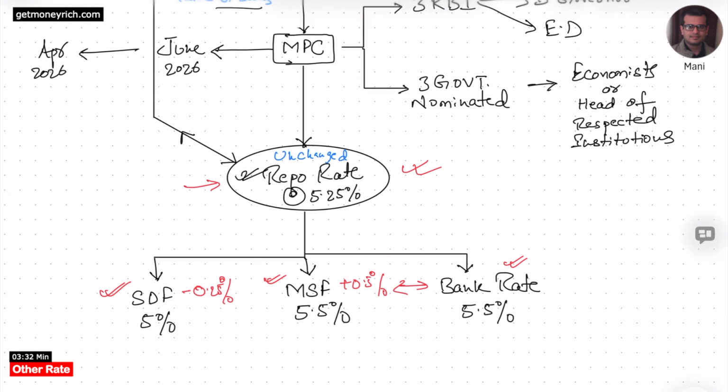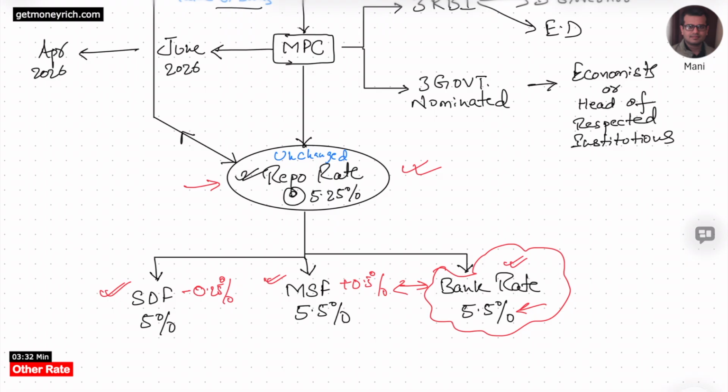But suppose banks do not want to keep a collateral. They want to take the loan from RBI, but they do not want to give the collateral for whatever reason. So in that case, the banks can take the loan from RBI, but at the bank rate. You can see repo rate was 5.25%, but this bank rate is 5.5%. So RBI says, if you want a lower rate, give me the collateral. And if you do not want the lower rate, I can still give you a loan, but you will get it at the bank rate. So this is the function of the bank rate.